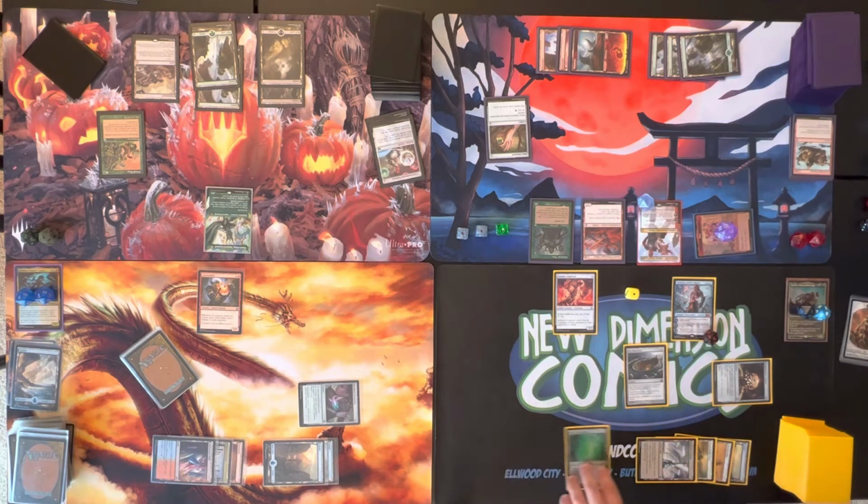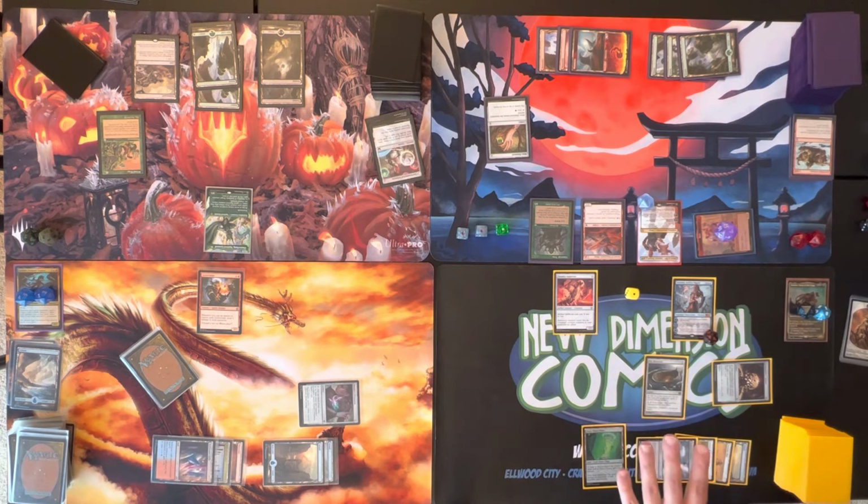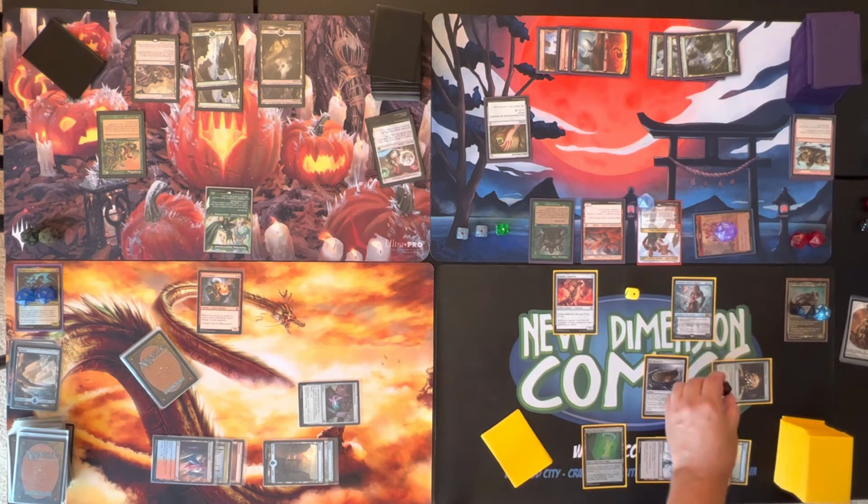It taps for 2 to my mana pool, but I can only spend that to cast Mirror spells or activated abilities of Mirror, or I can pay 3 and tap it to return target Mirror from my graveyard to my hand. So this is cool. It's a bit of mana ramp. If I actually had some Mirror to play, it would really help accelerate that. So what we are going to do, though, is we are going to...